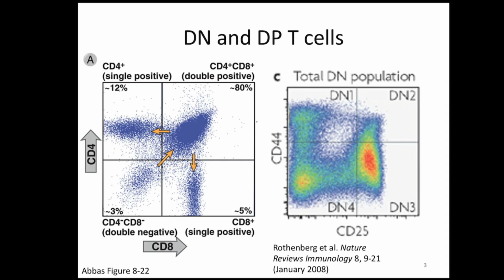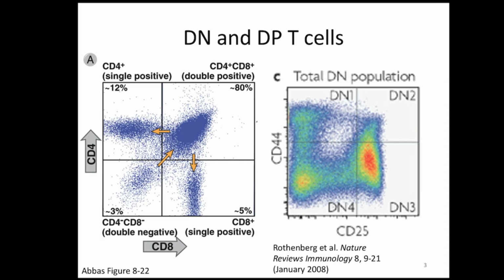The first thing that those people looked at was all of the developing T cells in the thymus and their expression of CD4 and CD8 on the surface of that cell. And when they did that, they saw that developing T cells in the thymus fell into 4